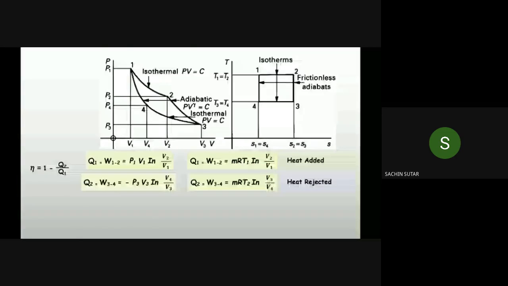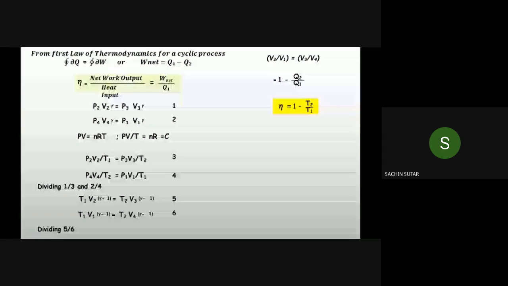Now here we know that the efficiency of any cycle